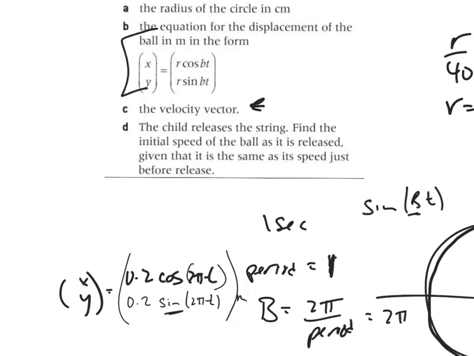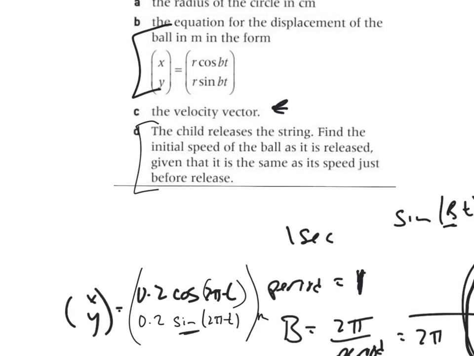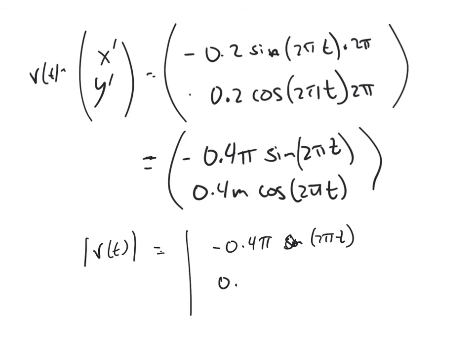Okay, then moving on. So there's part c, the velocity vector. So now the child releases the string. Find the initial speed of the ball as it's released, given that it is the same as its speed just before release. So basically we want to find the speed. That means we are going to find the magnitude of the velocity vector. So when I find the magnitude of this vector, negative 0.4 pi sine of 2 pi t and 0.4 pi cosine 2 pi t,